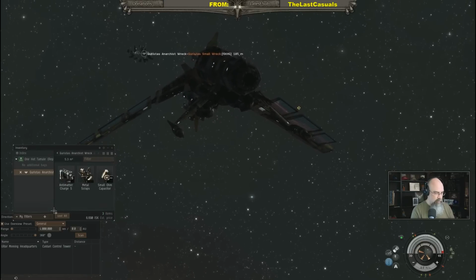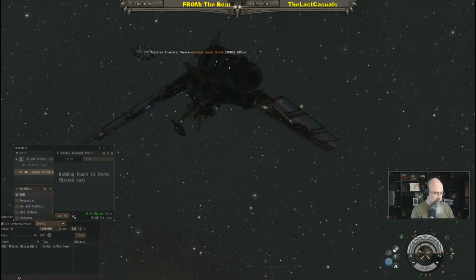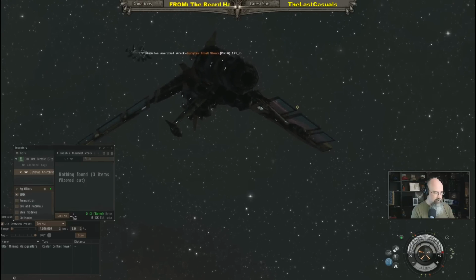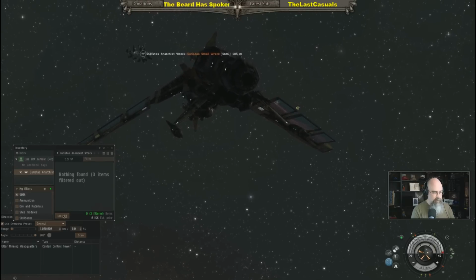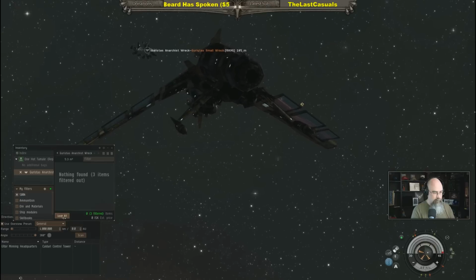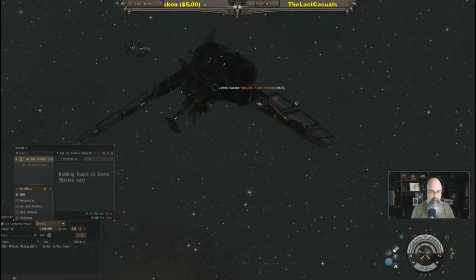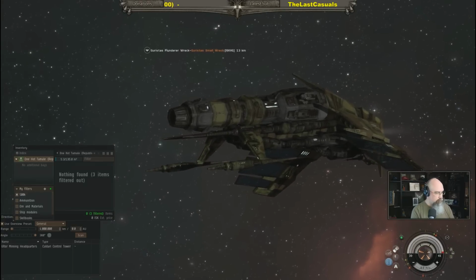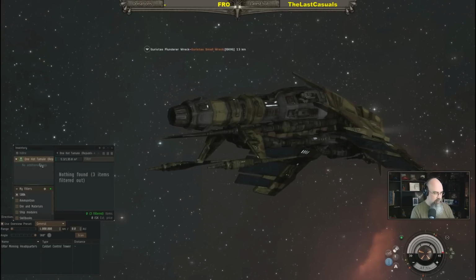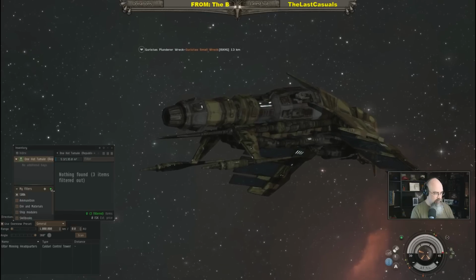Okay, so my filter's 500K, and look at that. I've got the 500K filter on, it has to be worth 500,000 or more, and it tells me that there's nothing in here. Now if I hit loot all, we'll see what happens. We'll see if it actually grabs the stuff. I don't think it does. I don't know, let me see here. How do I see inside my... Oh, I guess you gotta turn this filter off when you...